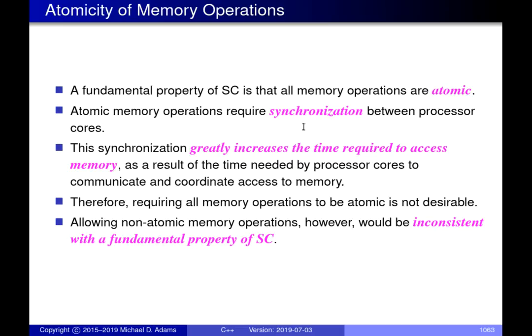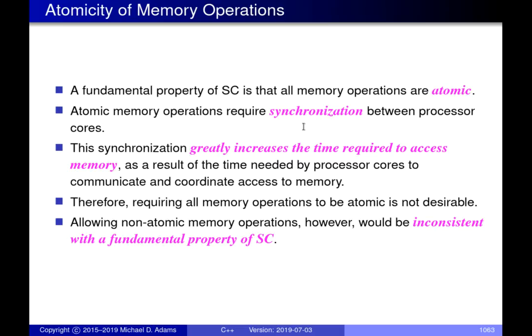So if you imagine that each of us is a core in a multi-core system, and we're each running a thread, if I want to do an atomic memory access, it's not by magic that somehow while I'm accessing that location, none of you access it. What happens is that before I go to access it, I have to say, hey, everyone, for the next little while, do not access this memory location because I'm about to access it and I want to do an atomic access. So I have to communicate to you and say, don't access this location. And I have to wait a little bit of time to make sure there's sufficient time for you to receive that announcement. Then I proceed to change the location. And then when I'm done, I have to say, okay, everyone, I'm done. Now you can go and modify that location or read its value if you like.